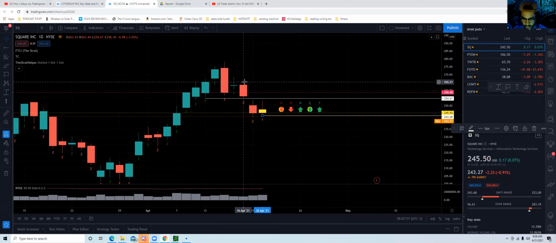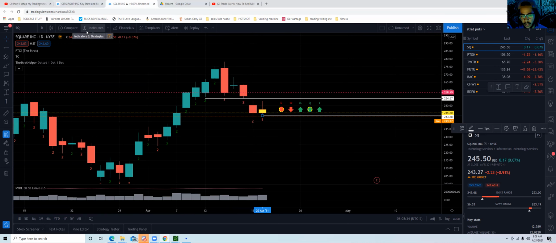But also, if a month was two up or two down, and it doesn't stay above the previous month's high or below the previous month's low, and it goes back inside, that two up or two down is no longer in force. It's only in force above it. So as you can see with Square, once it came back in, it being bullish to the upside, or you know what I'm saying, stuff like that was now negated. It's not enforced anymore. So now you can scroll down to the weekly and see what the weekly signal or the daily signal is giving you.